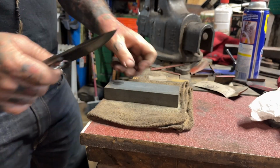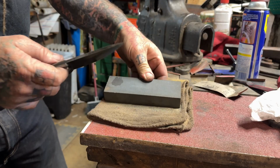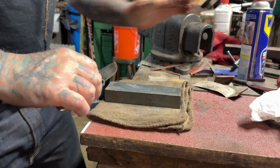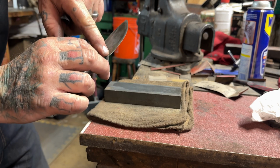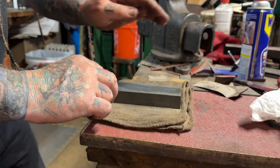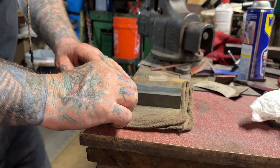So this is just a cheap Walmart stone. It's got a rough side and a smooth side. I start with the rough side, a little bit of oil. Like I say, I do about 22.5 degrees. I'm gonna start at the point of the blade here, and then I'm gonna work my way all the way across the blade as I work my way across the stone. Try to maintain the same angle